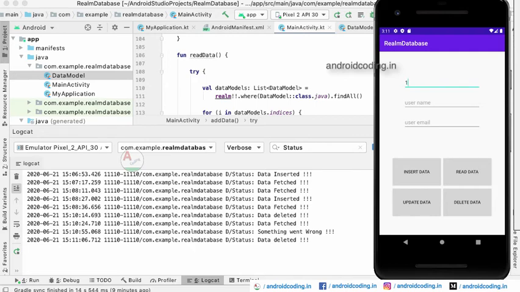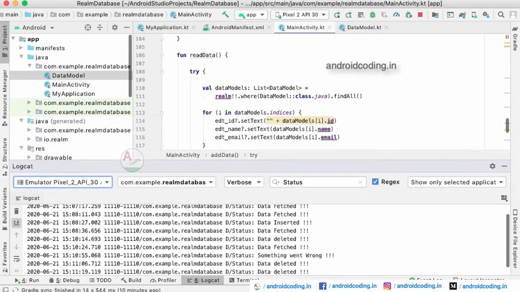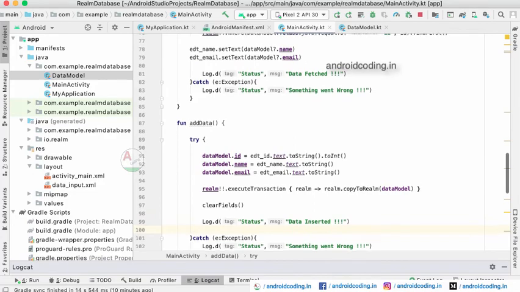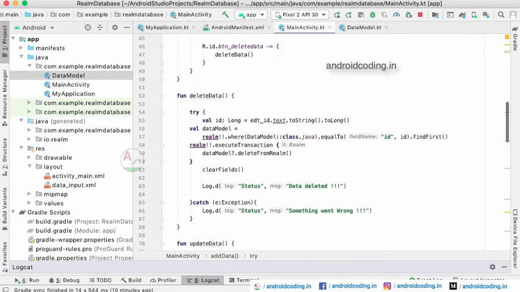Whenever you are trying to delete the data, see, there is no record as the data is deleted, so we did not get any data again here. This is the functionality for adding, reading, updating and deleting: all four CRUD operations we have performed using Realm database.